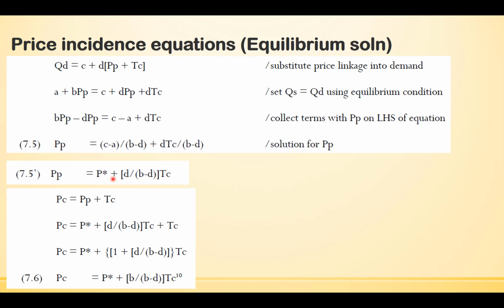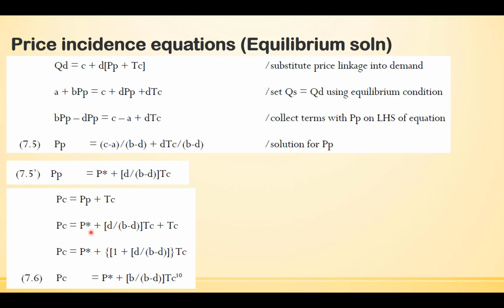Here's the final write-up of that equation. So we substitute in, we say P star is equal to this coefficient, this incidence coefficient for taxes on the producer side. We need to recover the consumer price as well, because there's nothing here that tells us what it would be automatically, and so we can plug this in and we can see that we work through this. Of course, in a spreadsheet we can always just add the level of the tax to the producer price and get the consumer price, but we should go through the algebra here and see that if we substitute the solution value in for the producer price right here,